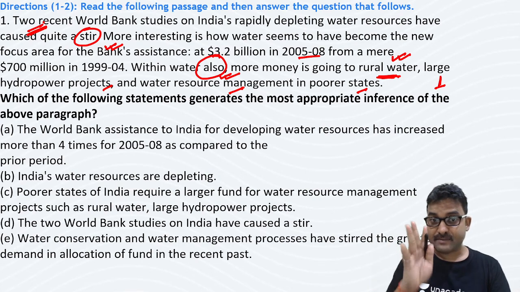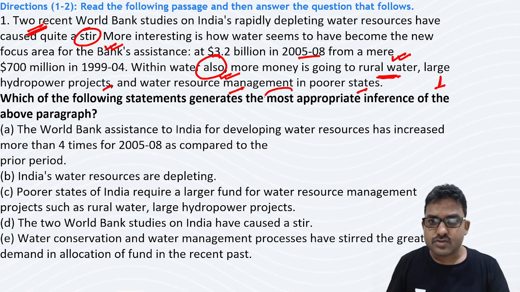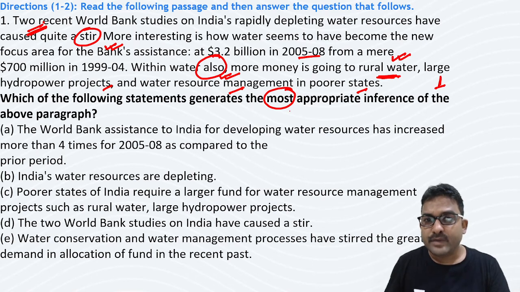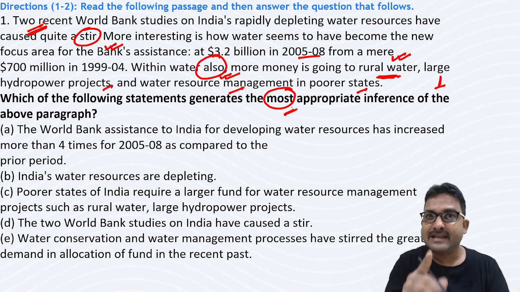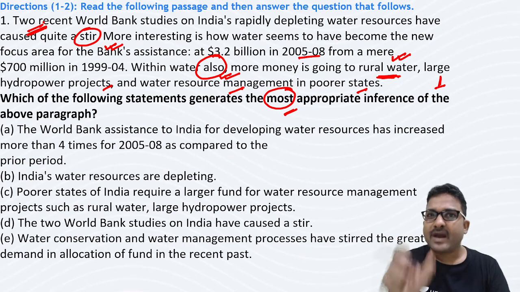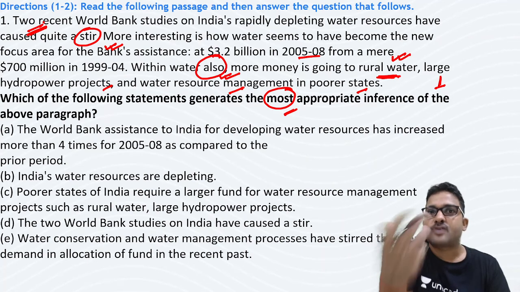Now, just remember the question. It's very important. As the particular statement says, most appropriate. Now, it means there must be more than one inference in the given question. Exactly. What we need to identify is which one of the following is the most appropriate. So be careful, guys. This is what aspirants generally make mistakes on. Whenever the instruction says most appropriate, you have to think wisely that there may be one or more options like the inference, but we have to choose the best option as the answer.